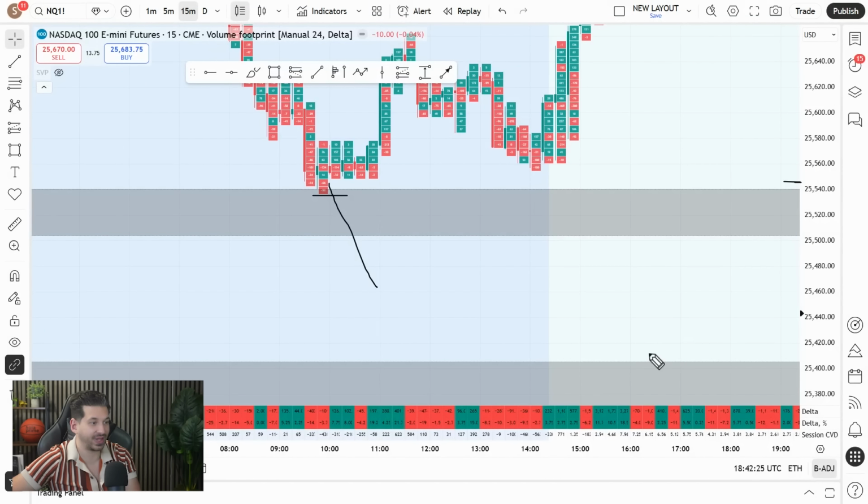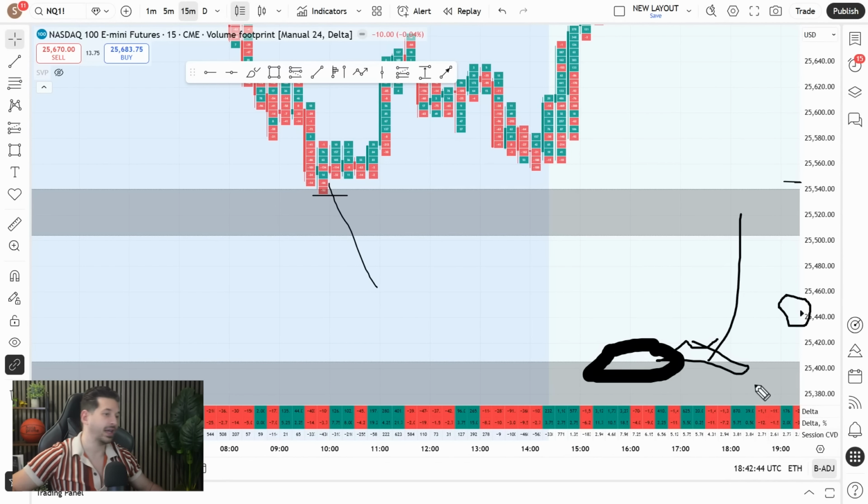If price gets to this area here, I want to be potentially buying. There's going to be a really nice buy in this area most likely if the footprint confirms it. So I've already got an alert set in that area. Waiting, hoping that whenever price does get down there, it might take a while, but that's going to